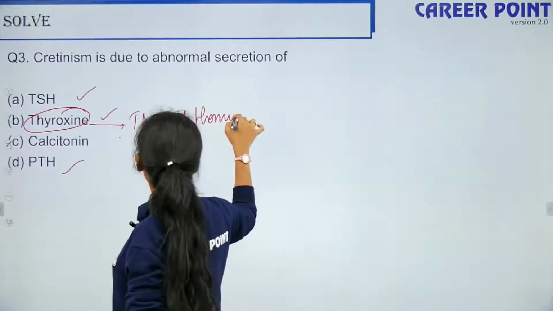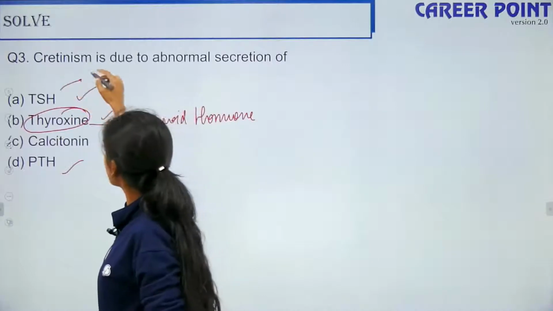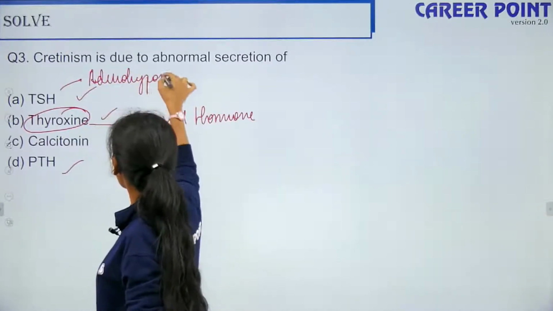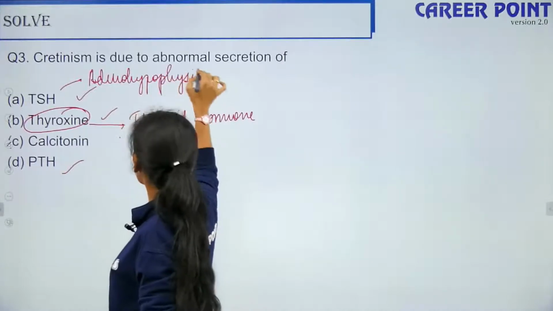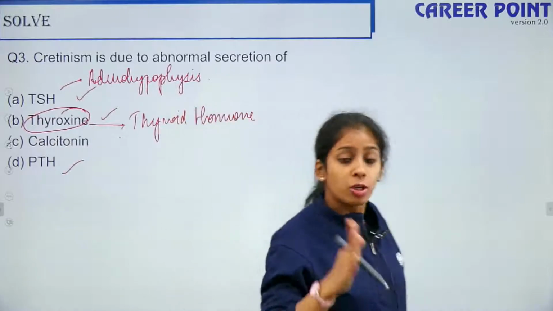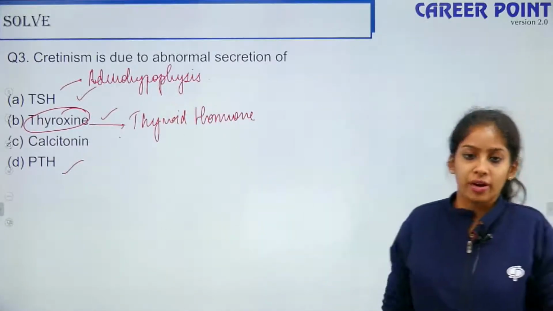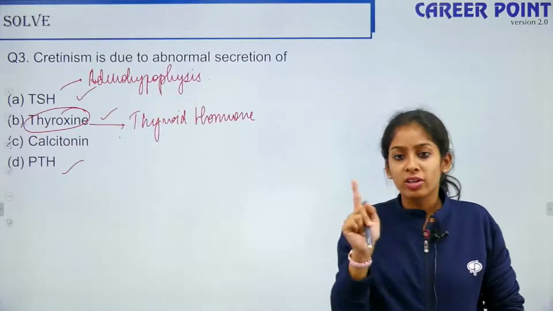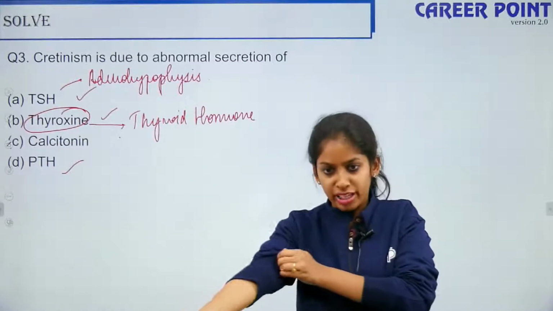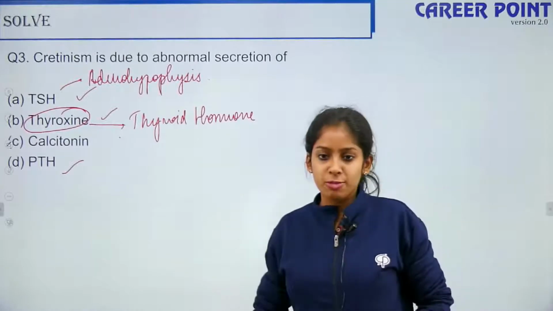So thyroid stimulating hormone is secreted by your adenohypophysis. So this is different. Please don't get confused. It is due to the deficiency in your thyroid. No, not thyrocalcitonin. It is due to the deficiency in thyroid. So it is only T3 or T4. Okay, so yes, this is B, very good.